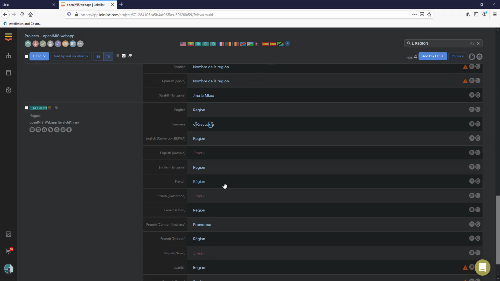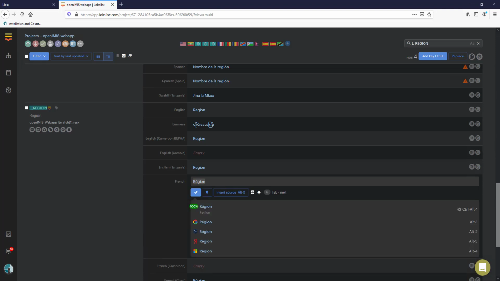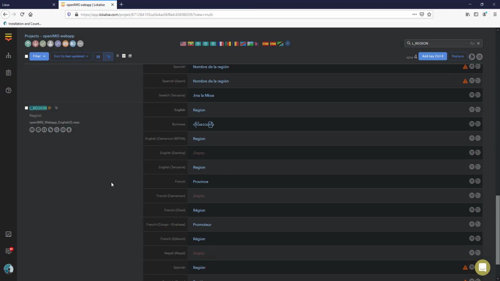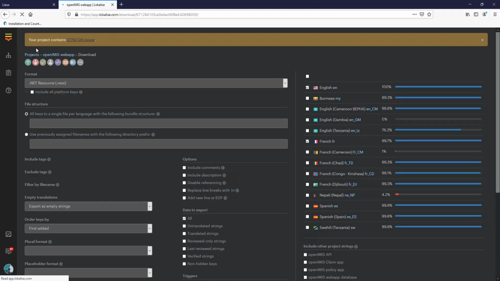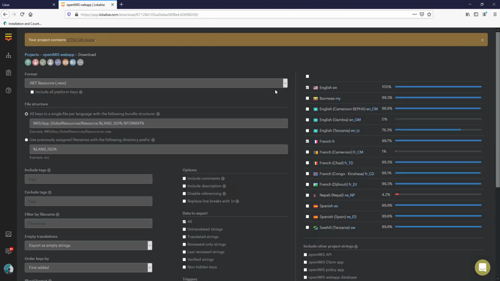Let us now update the French translation and replace Région with Provence. Click the Download button to generate the updated resource files. From here, we deselect the English language and make sure French language is selected.